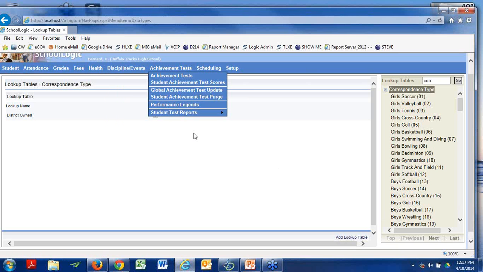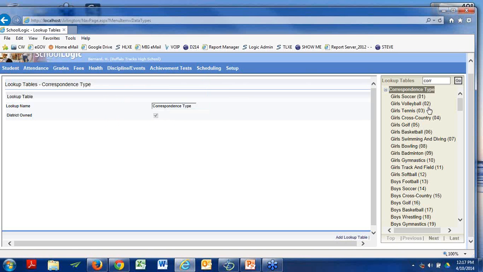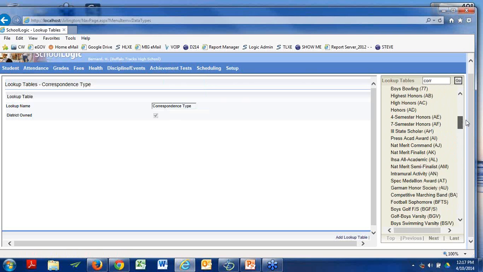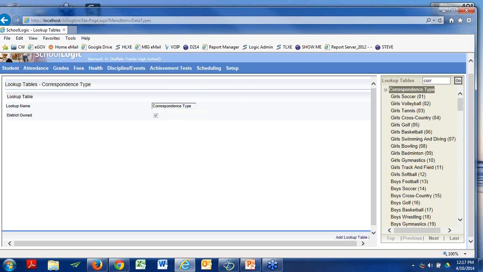I am a school user. I don't get to change this ownership, and I don't get to add to these, right? There's no guy here that says add lookup value. And this is, by the way, that district that's got 148 items. The district has been run through our little confusion device. That's not really what the programmers call it, but believe me, Buffalo Trax is not the real name of their high school. But they got 148 items, yes indeed.